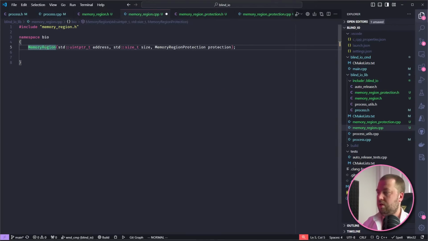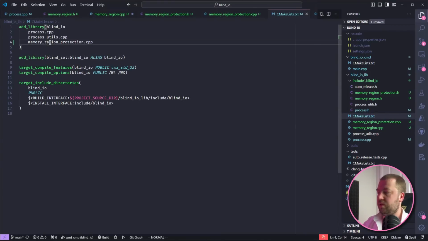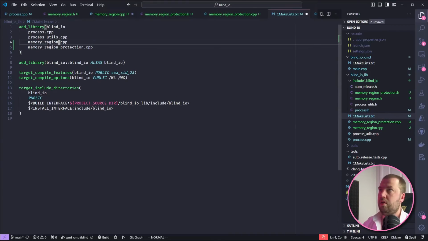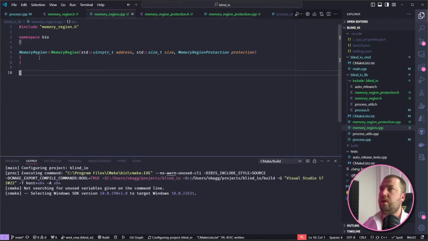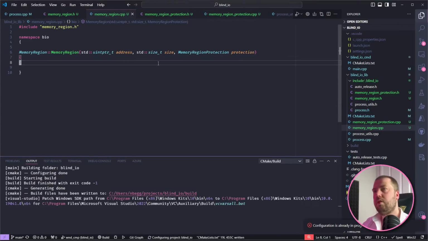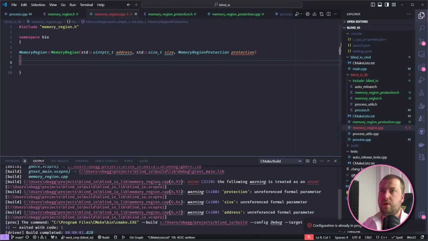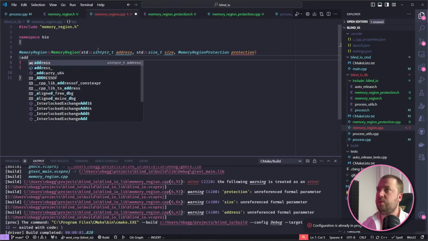Let me just add this to the CMake so that it itself gets built. I'm a stickler for things being in alphabetical order. Okay. Unused reference. Yeah. Well, let's go ahead and we'll fix all that now.